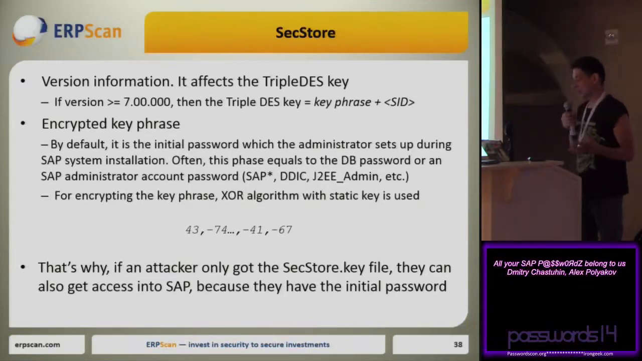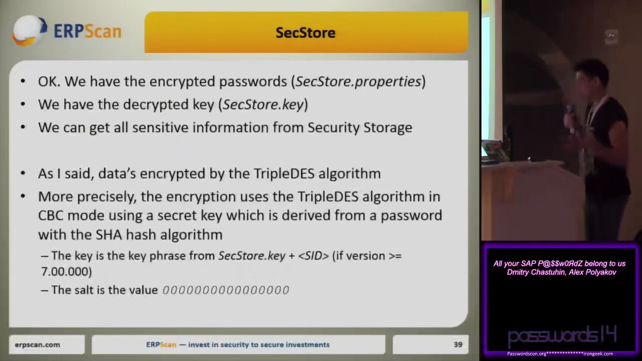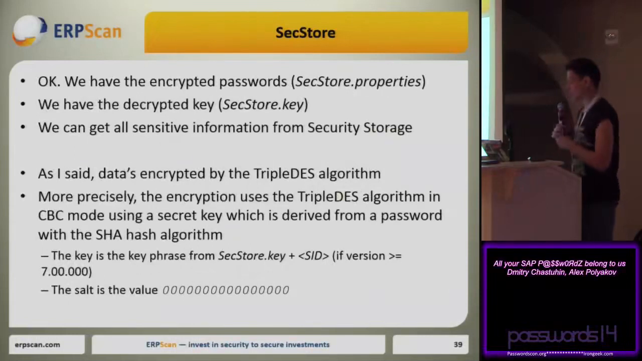SAP system installation. Often this phrase equals the database password or an SAP administrator account password. For encrypting the key phrase, the XOR algorithm with a static key is used again. That's why if an attacker only gets the sextor.key file with the encrypted phrase, they can also get access into SAP because they have the initial passwords. Okay, now we have the encrypted passwords from the sextor.properties file, and we have the decrypted key from the file